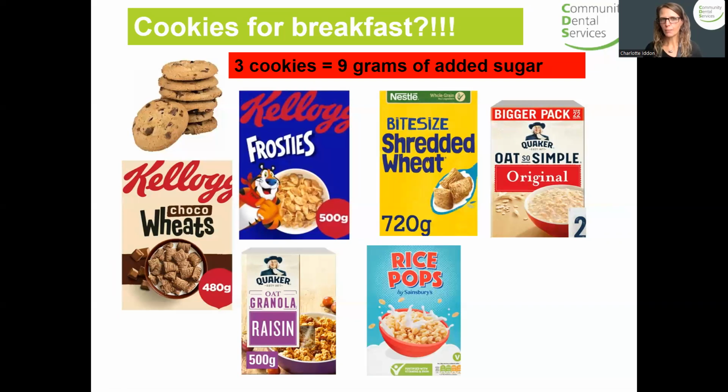Would you give cookies for breakfast? I'm sure you wouldn't. 3 cookies normally is around about 9 grams of added sugar. So where do these cereals stack up? So remember I just said swapping. If you're already eating cereals, is there a cereal that you could choose that's lower? Cocoa Wheats, very close to having 3